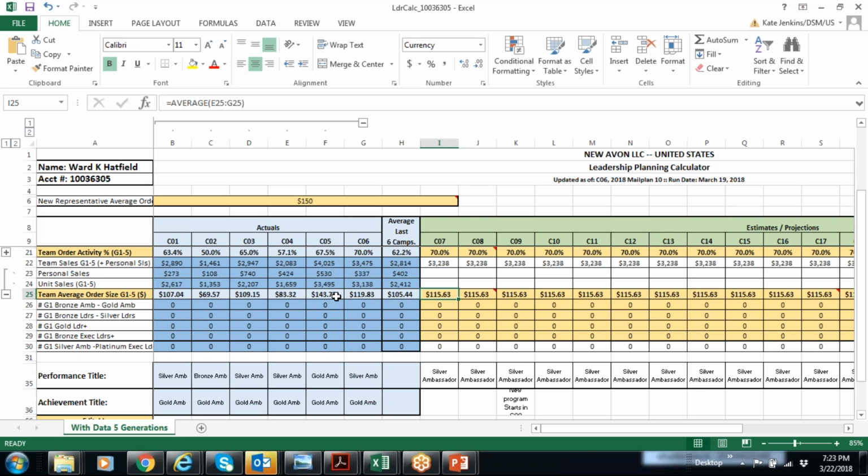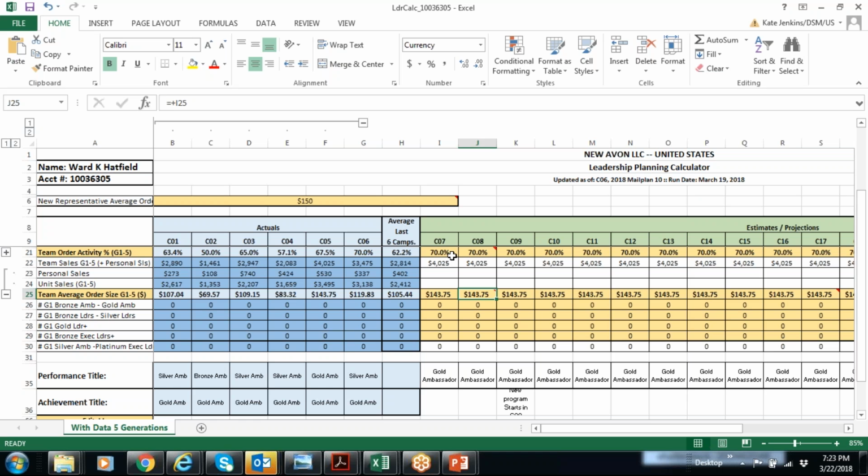If you go back to C5, how cool would it be if your average order was 143.75 again? See what that did to your total team sales? It brought it up to 4,025. So this is just really, really nice to play around with to see where you want your team to be